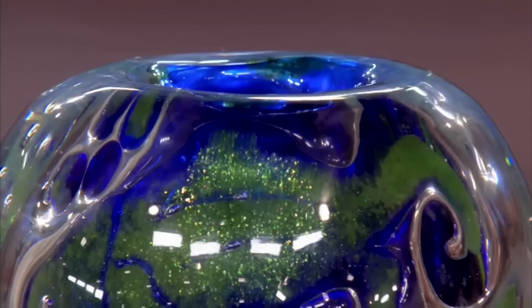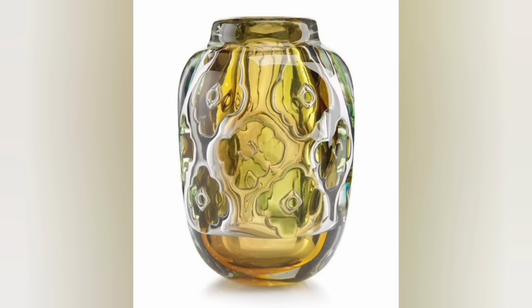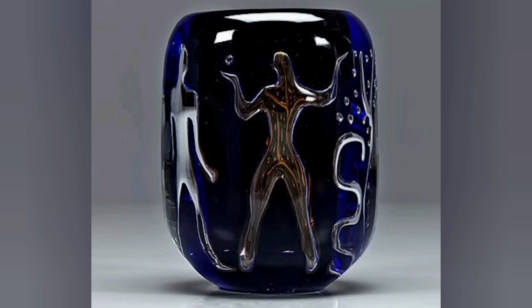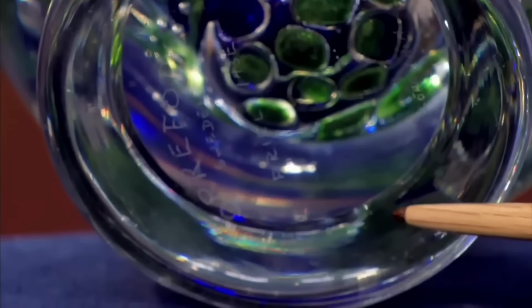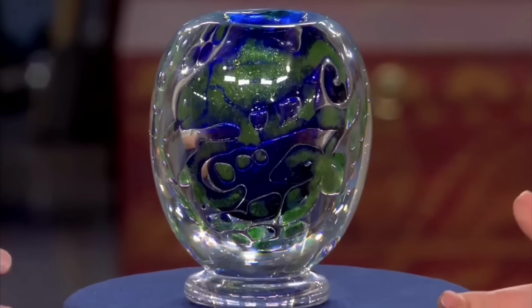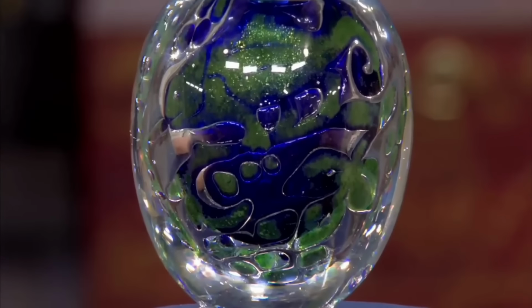This Orrefors Ariel vase is a stunning piece of art glass. Orrefors Glassworks is a Swedish crystal brand known to have produced timeless and elegant glasses. This vase was signed at the bottom by its designers Edvin Öhrström and Vicke Lindstrand. It's actually named after the air spirit in Shakespeare's The Tempest. They named it Ariel because of the mind-blowing techniques they used to achieve this unique look with vibrant colors. It was developed by Öhrström and Vicke Lindstrand, who were two people who were working at...